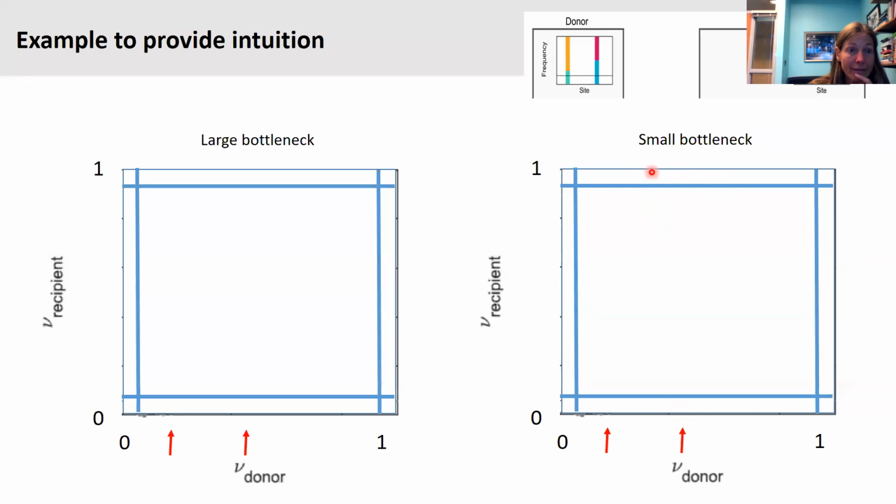up here at 1, because all of the viruses will have that in the recipient. But there's going to be a 55% probability that it's going to get lost, and so you're going to see it at 0, or below the limit of detection. So what you expect with a small bottleneck is all these variants that you see here either at 0 or at 1 in the recipient. If it's at higher frequency in the donor, it's more likely going to be at 1. And so